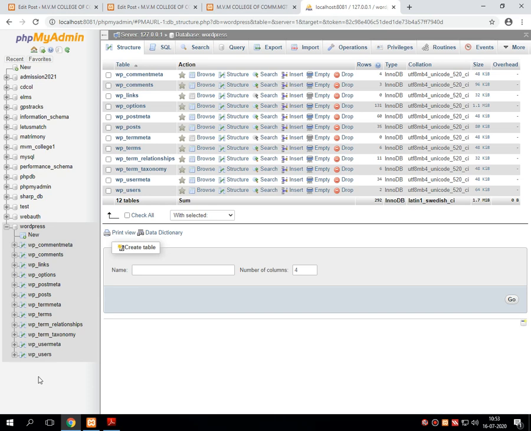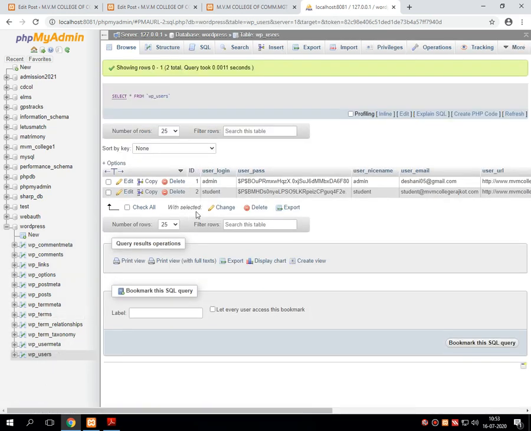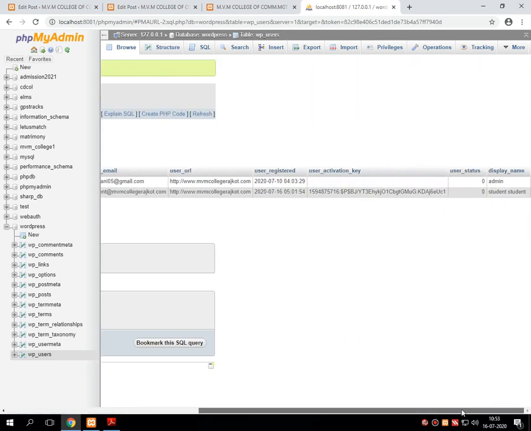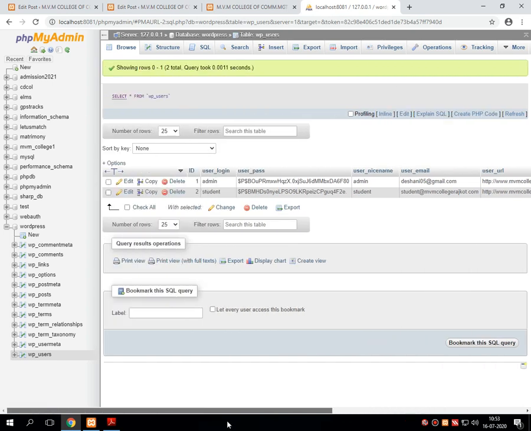What comes under wp_users? Yes, you are right. Whatever users we have created, the details of those users are kept inside this database table. Whenever we create a user with special roles, that user and all the information gets stored here.